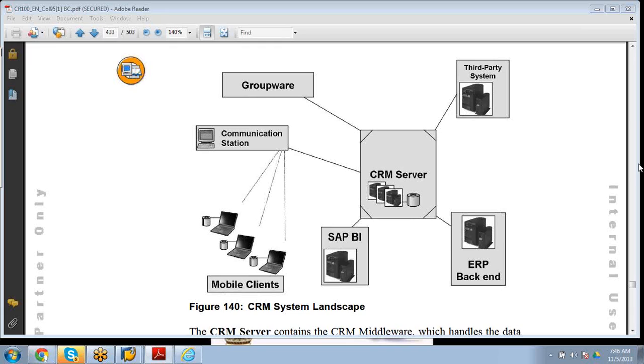And if you talk about groupware, there are many third parties: Lotus Domino, Microsoft Exchange. Correct. Have we started middleware today? Yes, just a while ago. We are on the first page of it.